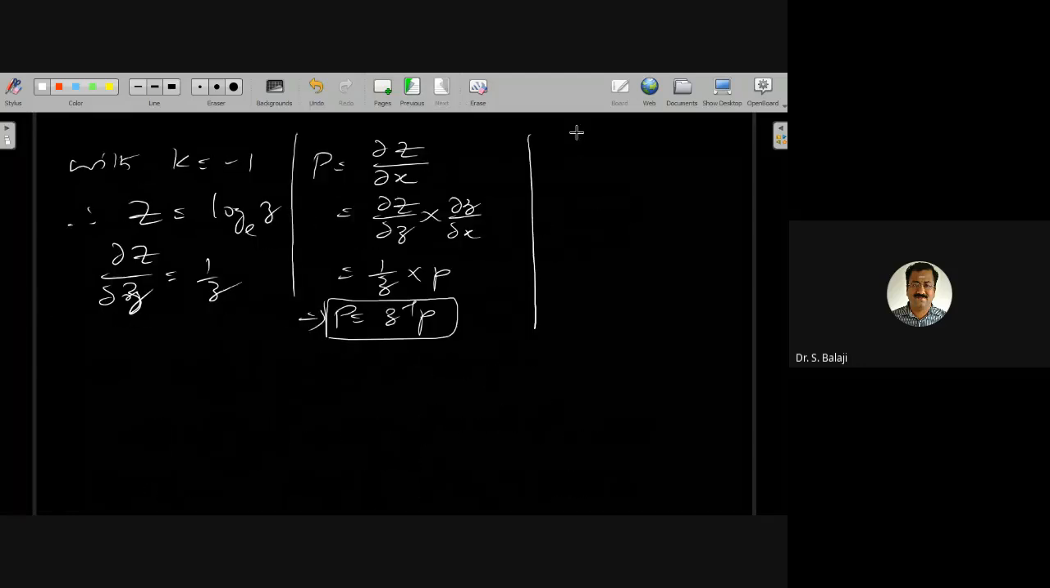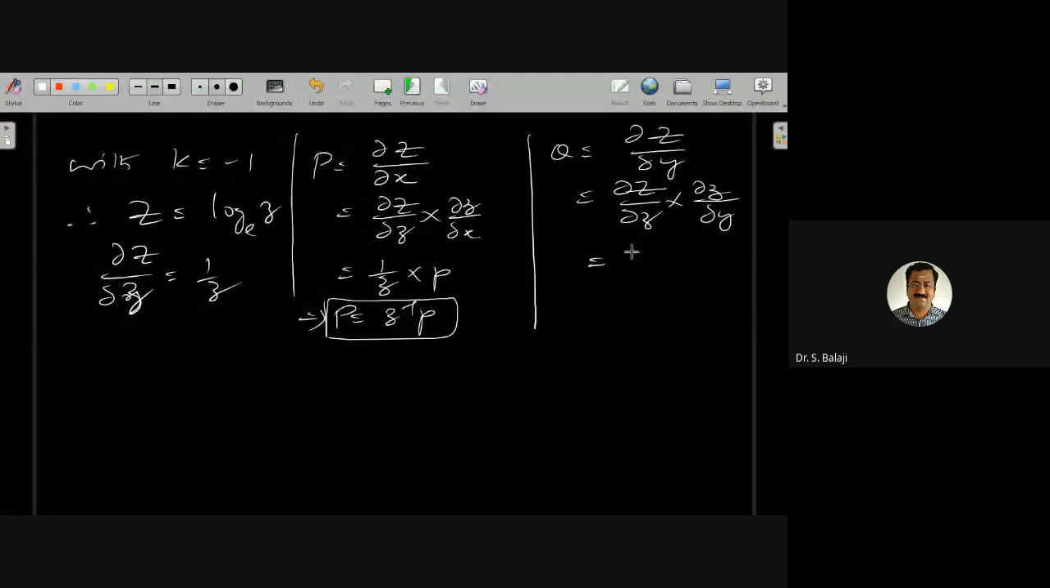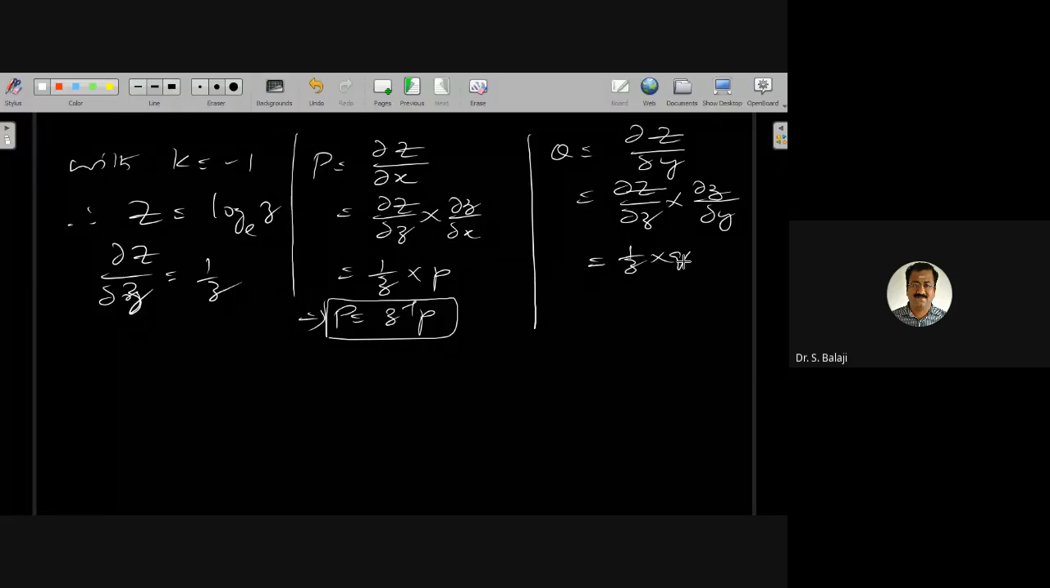Similarly, Q, no change with respect to y. This is 1 by z, the standard notation for q. Z power minus 1 q, capital Q. Now substitute